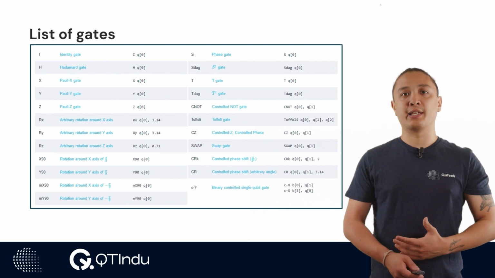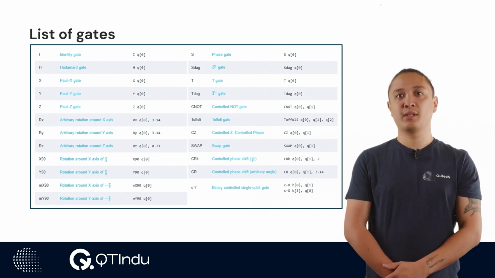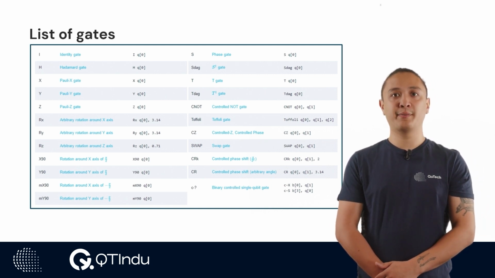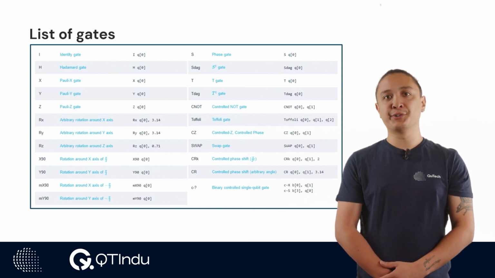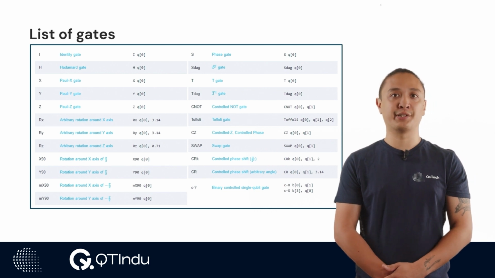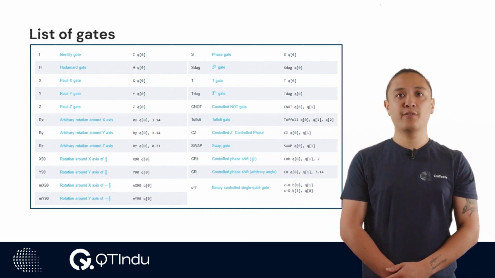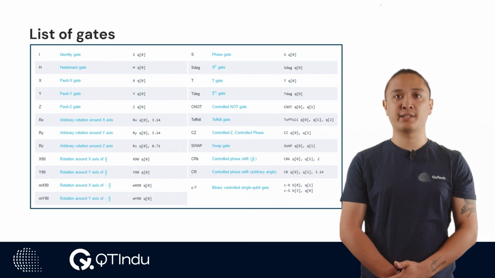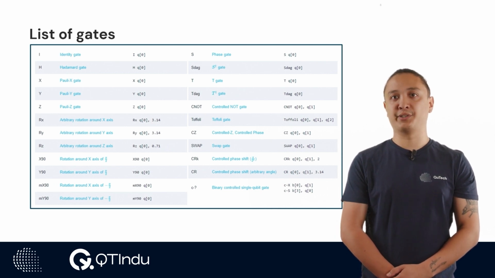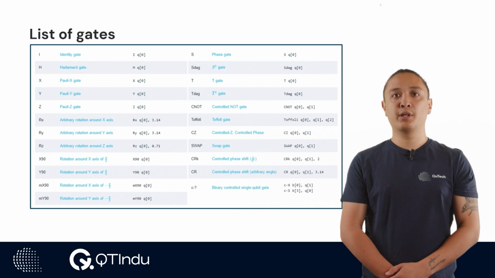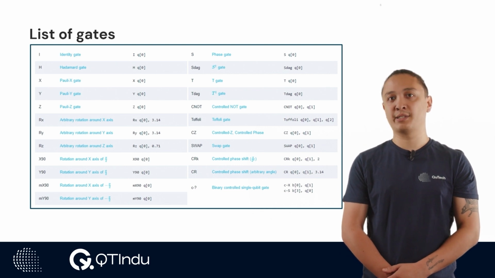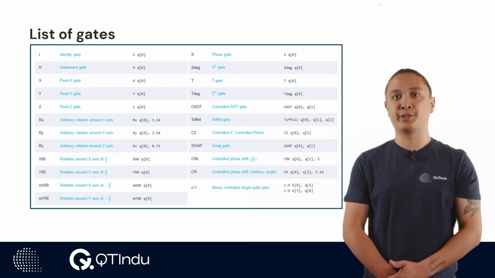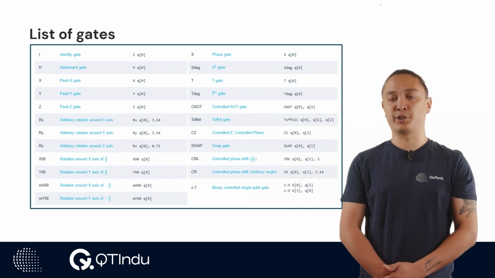Here we provide a list of gates that can be implemented on CQASM. We have the usual Pauli gates and the Hadamard gate, then arbitrary rotations about the x, y, or z axis, and also positive and negative pi/2 rotations about the x and y axes. Furthermore, we can also implement S and T gates, then the important 2-qubit gates such as the C0, CZ, swap, controlled phase shifts, and also the 3-qubit Toffoli gate. Finally, we can also implement binary-controlled single-qubit gates, which can be associated with the binary register corresponding to the measurement outcome of one or more qubits.